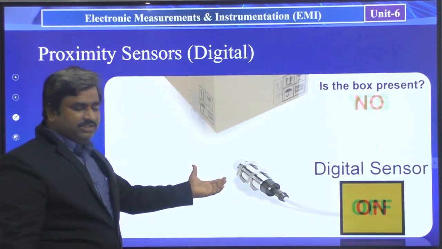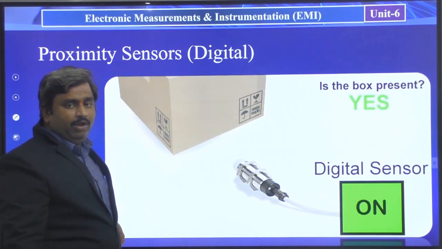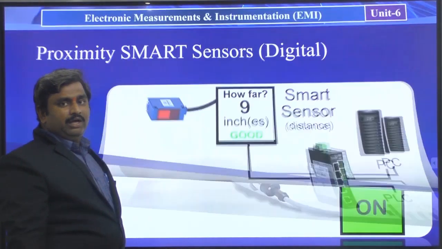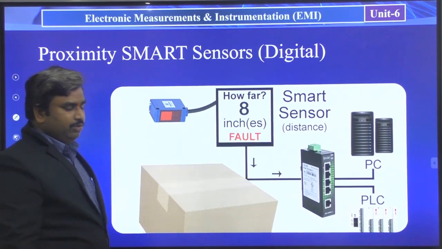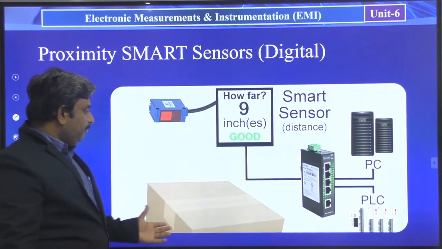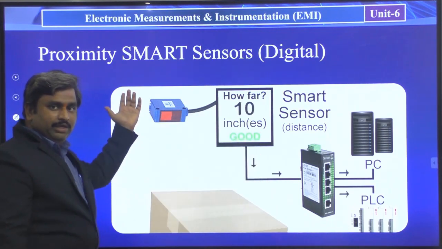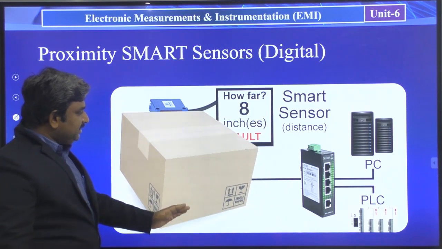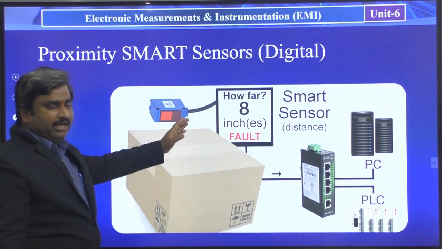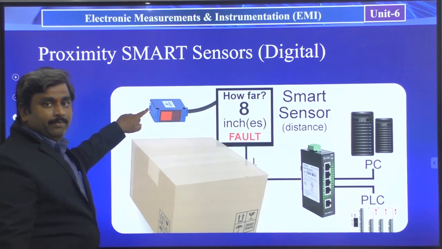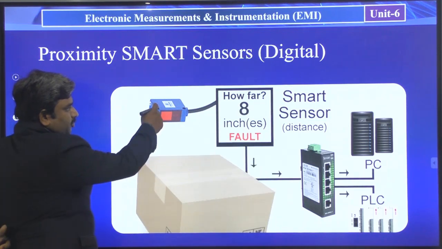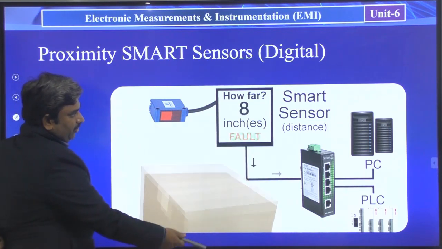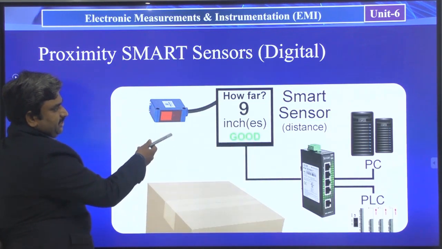So we can see the behavior of this type of proximity sensor more accurately with the distance measurement operation also. Let us see here, a box is moving from here to here, from bottom to top. When the box is moving, see here how far it is from the proximity sensor: 12 inches, 10 inches, 11 inches, 9 inches, 8 inches.